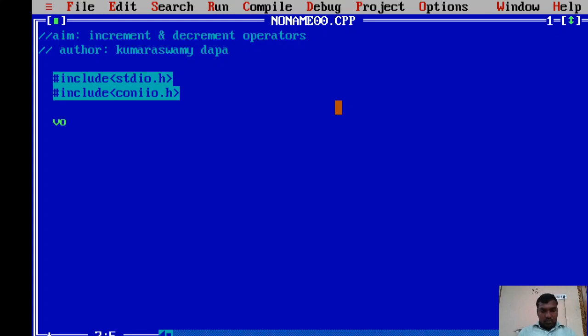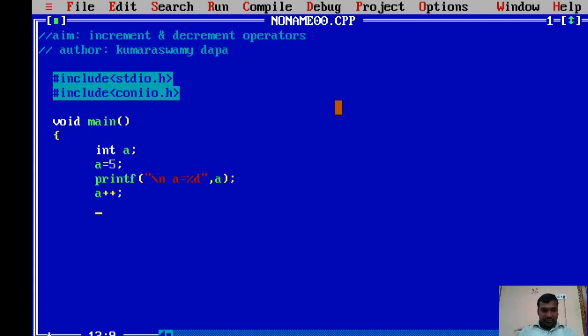I'm declaring a variable a, and now I am assigning the variable a the value 5. Now I am printing the value of a is equal to,